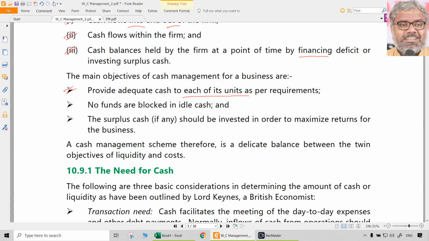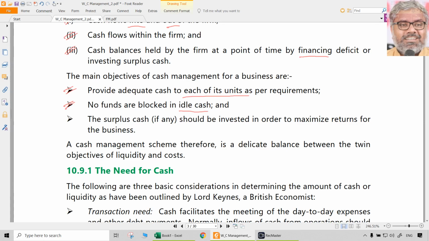As far as treasury management or cash management is concerned, its job is to make sure adequate blood is pumped. Blood here means cash, that liquidity is provided to each of the units as per the requirements. And second thing is, no funds are to be blocked in idle cash. If the funds are blocked, if there is no flow of them, just idle cash is there, that is also